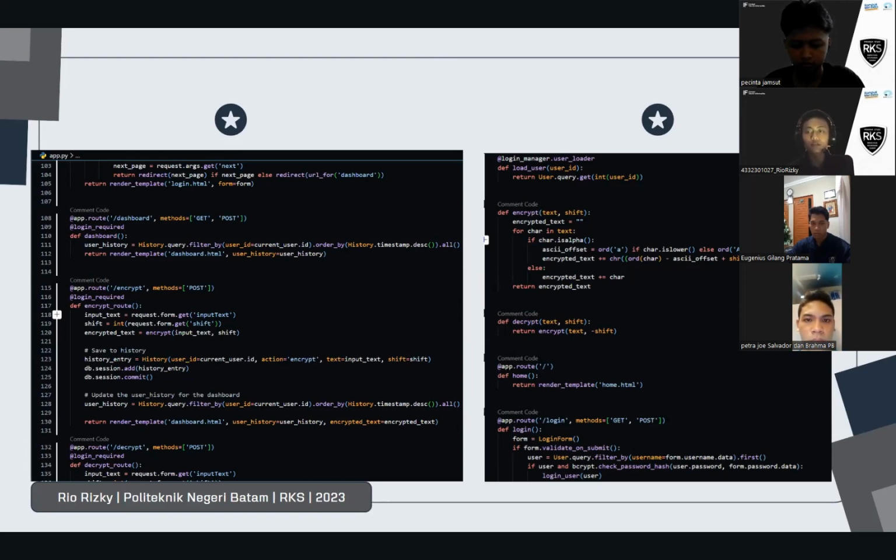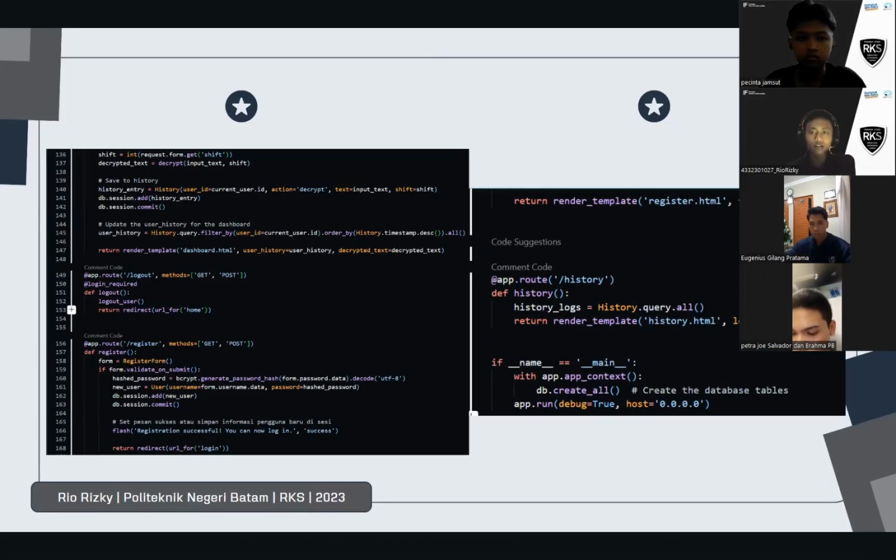The dashboard route displays the user's history of encryption and decryption actions. Next, the history route displays logs of all encryption and decryption actions performed by all users. Last, run the application. The application is run using app.run.